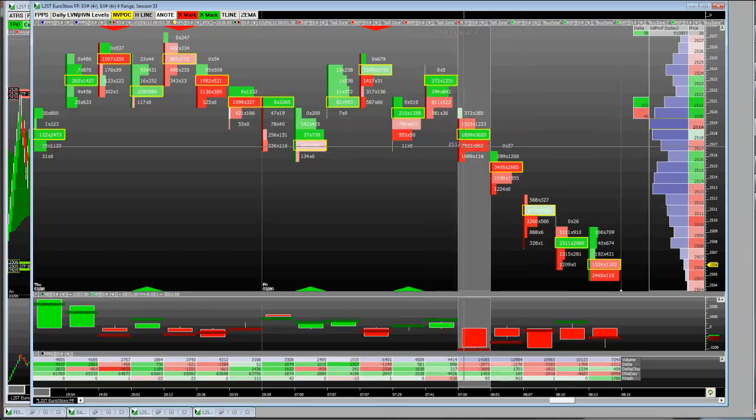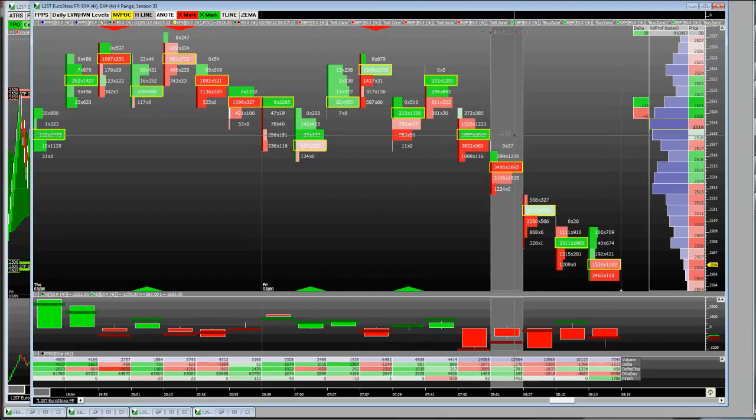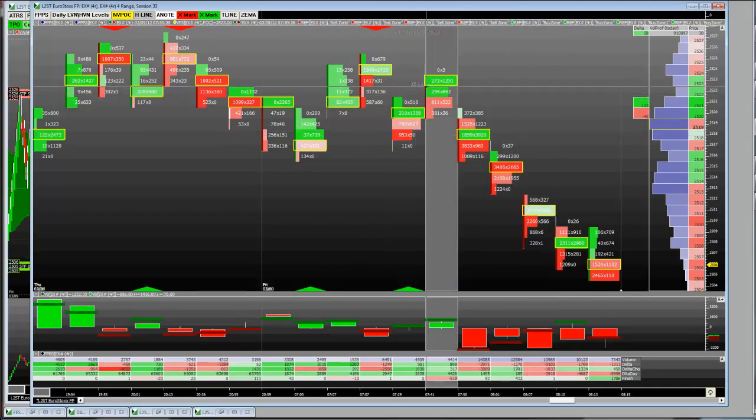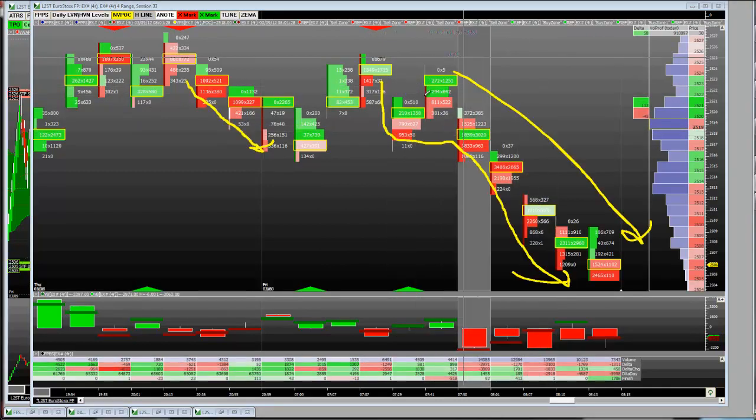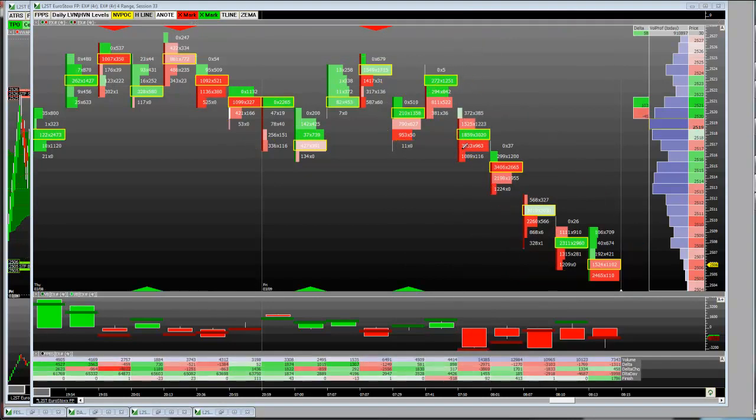Now, the reason I like to shade the delta thresholds is because it's just easy for me to see when there's a lot of aggressive selling and a lot of aggressive buying just by looking at the colors. I can see that the buyer got a bit aggressive here just from looking at the bright green. I can see where the seller got a bit aggressive here when we see that bright red, and it kept following through. A bit of selling here is more aggressive, and then you can see it gets lighter shades of red, and that's a first sign right in this area that the sellers are actually getting